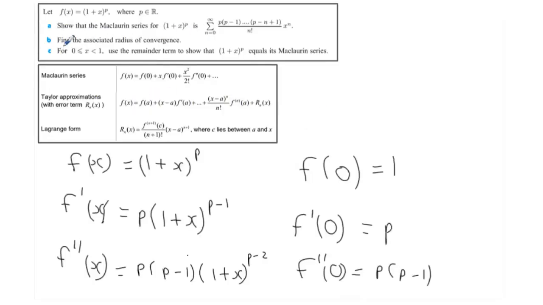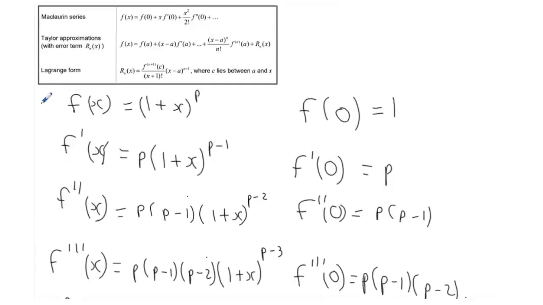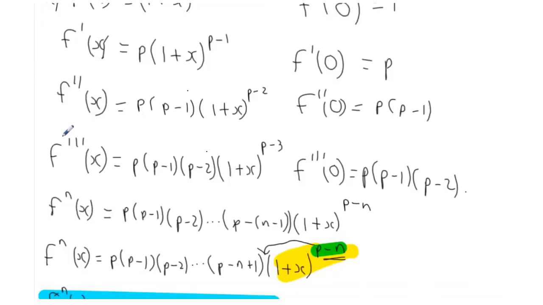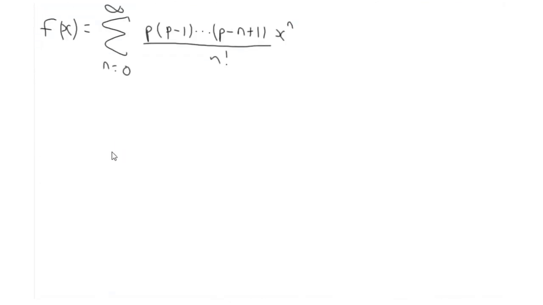Okay, find the associated radius of convergence. So I will label what question that was. I do have a bad habit with these long questions of not labeling the parts. So part B, we need to find the radius, not the interval, of convergence. Whenever you are looking for a radius or an interval of convergence of a power series, you start in the same way, and we are going to use the ratio test,